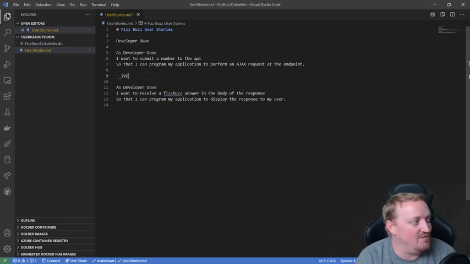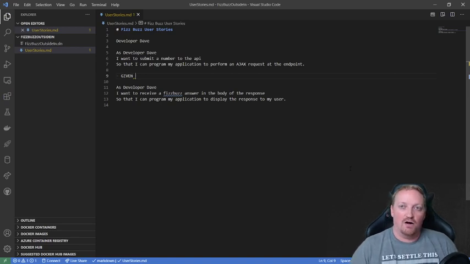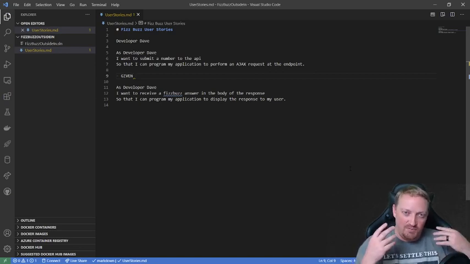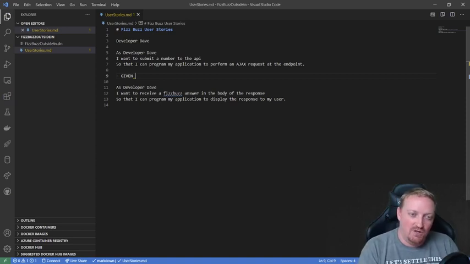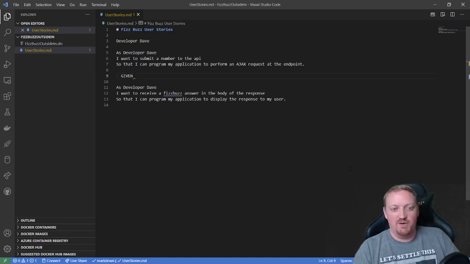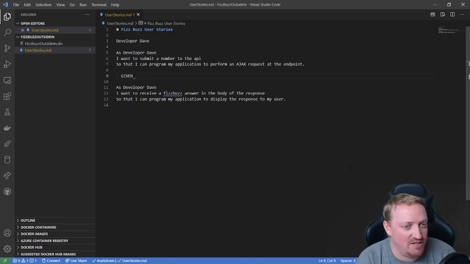So I'm going to say given. So what's the given here? What are the set of circumstances that need to be set up first? So before we can exercise this ability for developer Dave to submit something, what must be happening first? Well, the service needs to be running. So that's what I'm going to say. Given the service is running,